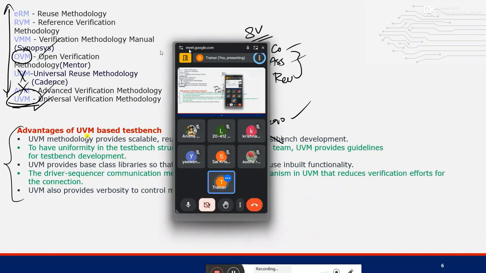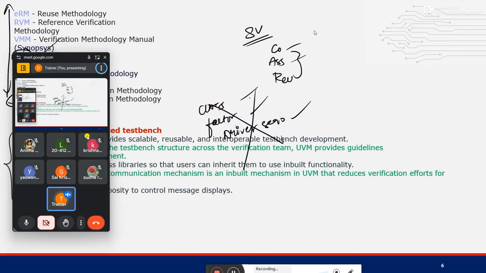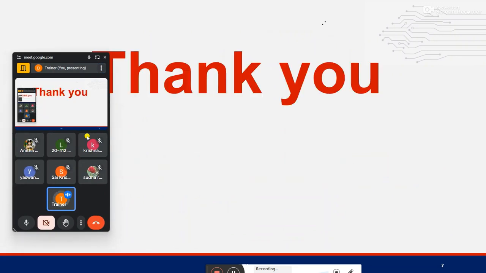One more point: in SystemVerilog we usually use the mailbox to do the communication between the generator and the driver, correct? From the generator I send the stimulus to the driver with the help of a mailbox. But in UVM we do not have a mailbox. Why?